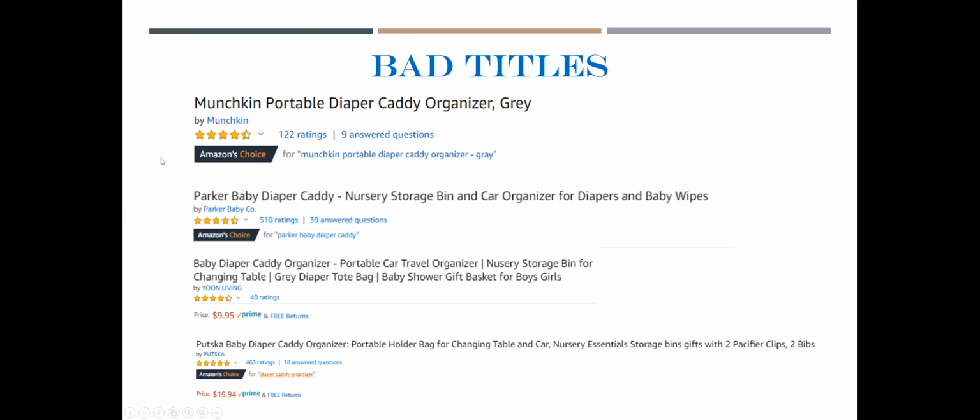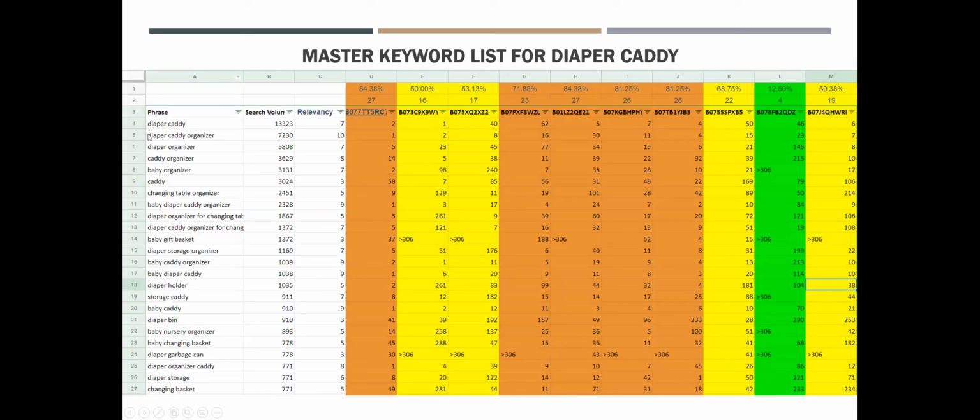These are examples of bad titles of Diaper Caddies. Now we've got Amazon's Choice for Parker Baby Diaper Caddy, and then we got Diaper Caddy Organizer, Amazon's Choice. A lot of you might be looking at these and think that these are good titles. Obviously, this one's super short, and it really only has Portable Diaper Caddy Organizer. Now it has a lot of different exact keywords mixed into this, and I think Portable Diaper Caddy Organizer, if we go back, we've got Diaper Caddy Organizer, we got Diaper Caddy,